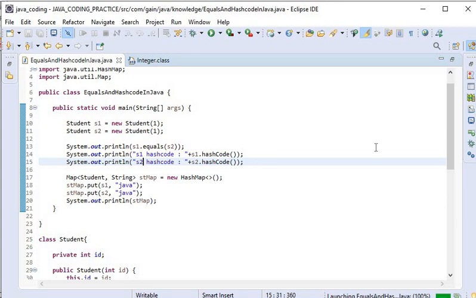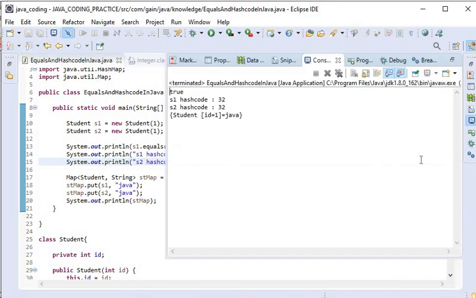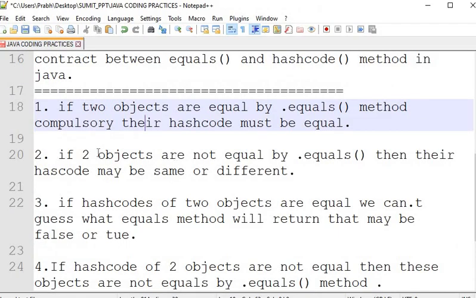Here you can see on the console the equals method is returning true, so their hash code must be the same. The hash code of s1 is 32 and the hash code for s2 is also 32, so it is the contract. And the other contract is, if two objects like s1 and s2 are not equal by equals, then their